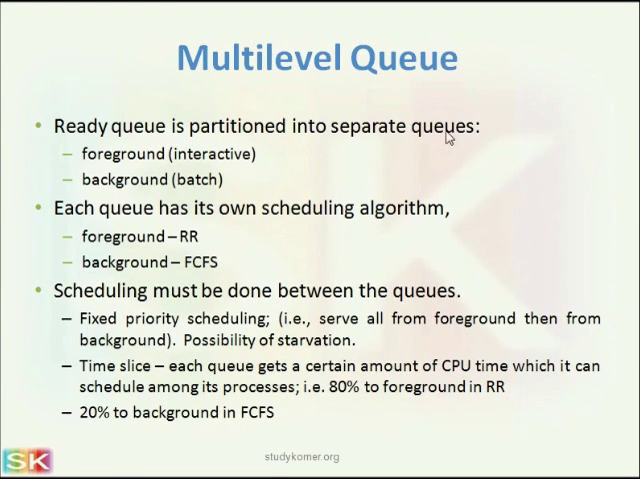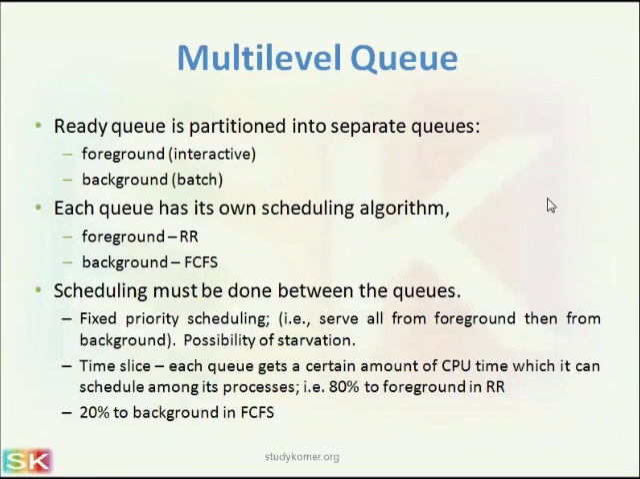Then next is multi-level queue. So the ready queue is partitioned into separate queues for foreground processes and background processes. We can put interactive processes into the foreground queue and batch processes into the background queue, because background processes are those